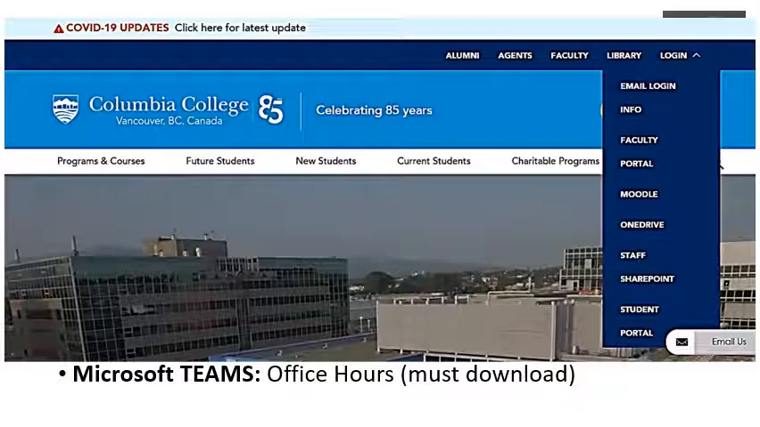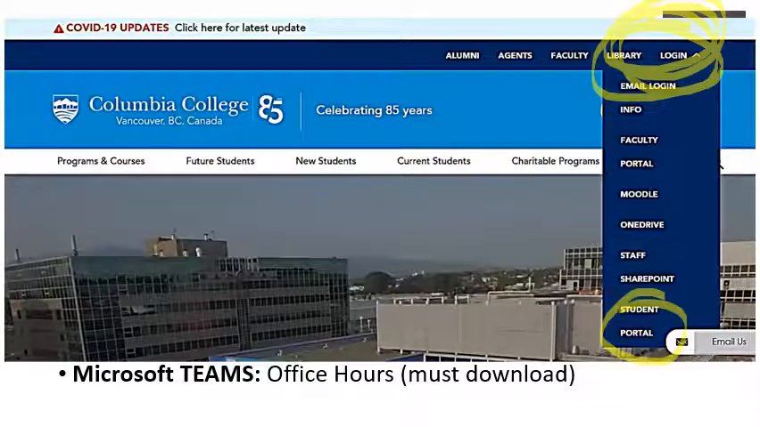Okay, so what you do is you go to the Columbia College website, www.columbiacollege.ca. You look on the upper right-hand side of the page and you find a login menu. You pull that menu down and you see that you can log in with a student portal. That will take you to your CAMS page where your grades are, or you can log into the